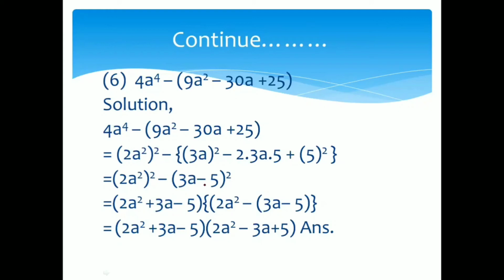Then we can write (3a minus 5) whole square. Here it will be (2a square) whole square. Okay, now it is in the formula of a square minus b square. In a it is 2a square, in b there is 3a minus 5. A plus b, b means 3a minus 5, and a minus b means this 2a square, and there is a minus. Then we write it in a bracket because it will change the sign later: 3a minus 5. Now open the bracket, this side same. Minus plus minus, and minus minus is plus, and these are the two factors of this answer. Now let's move to the next slide.